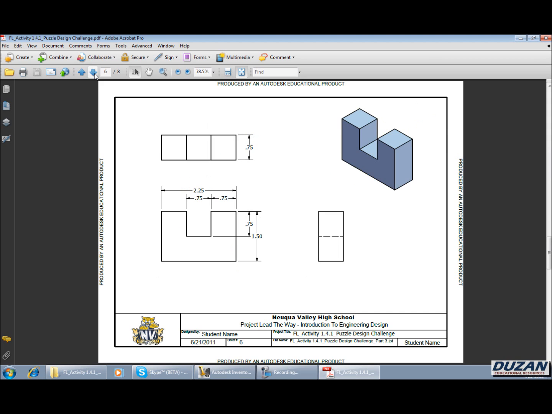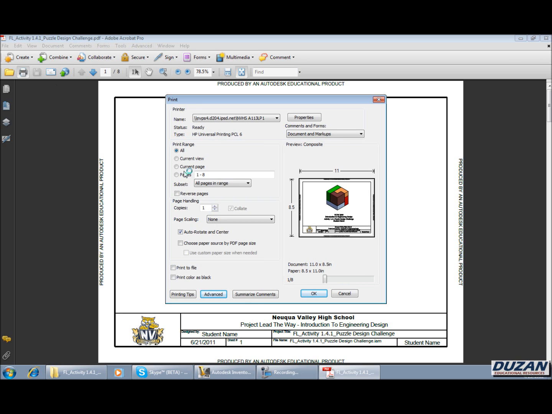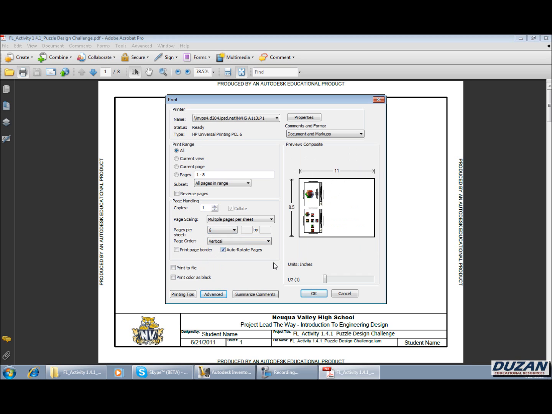If we are absolutely happy with that, the first thing we're going to be doing is printing these to include into our IED Engineer's Notebook. And when we go to print these, you're going to be seeing some options here, like within page scaling. We actually have the ability to come out here and print multiple pages per sheet. If we select that, now it's going to be giving us some options. We have the options going 2, 4, 6, and so on. We can even go into custom, and I believe